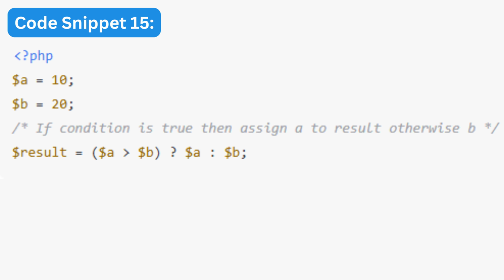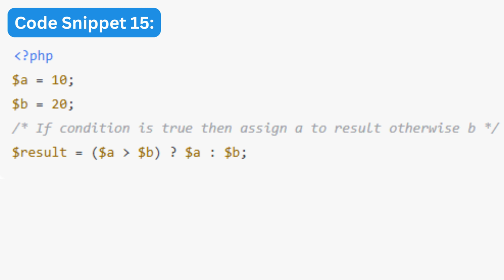in PHP. In this snippet, two variables are created at the beginning. A is assigned the value 10, and B is assigned the value 20. These two numbers will be compared using a simple condition, so we can see how the ternary operator chooses between two possible outcomes. The heart of this code lies in the line $result = ($a > $b) ? $a : $b;